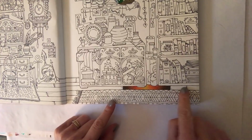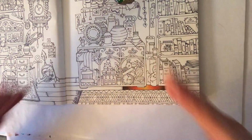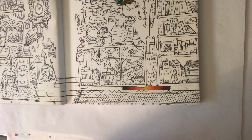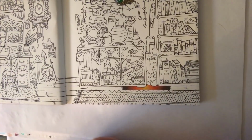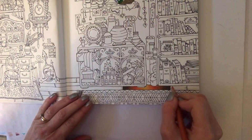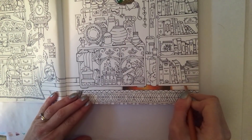And then for this little plank here, to make this different, because it's parquet flooring, I mean, I know true parquet comes in the herringbone shape, but for the sake of the design that Johanna's done, I wanted a parquet floor effect and I wanted to use the colours of that. So because this plank is shorter and you want it to stand out from that one, we're going to start roughly about halfway down. So for this tiny little piece of wood here, I'm going to start with my mineral orange and do exactly the same technique. So firm hand,